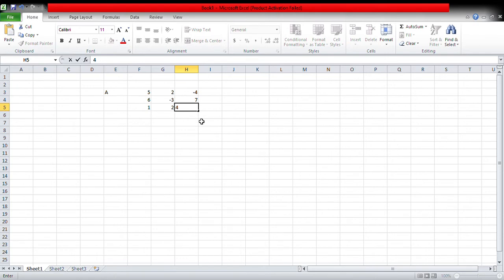Therefore, in order to find the transpose of this given matrix within few minutes, first let us select another cells which are the same dimension with the given matrix. That means the given matrix is 3 by 3 matrix. Therefore, we have to select another answer place cells with 3 by 3 dimension. Then second step, type equals